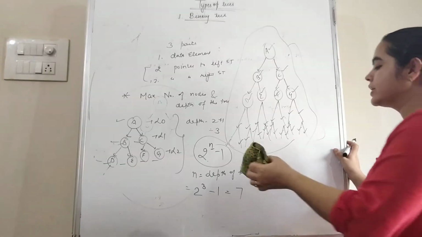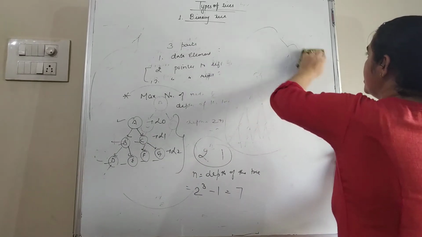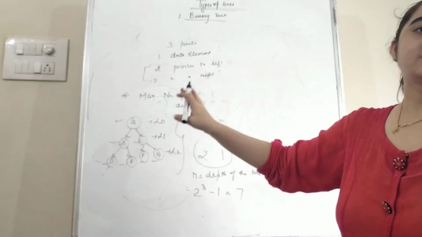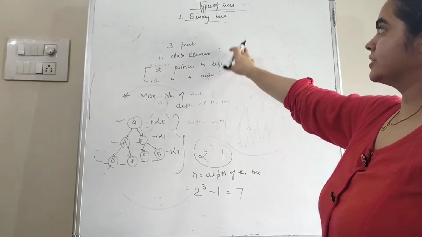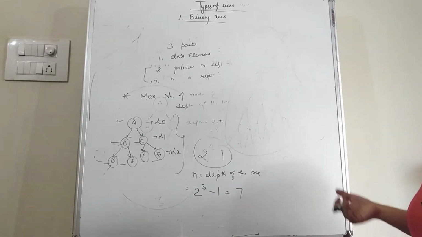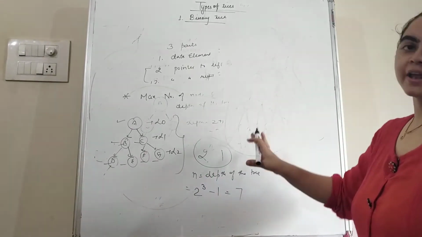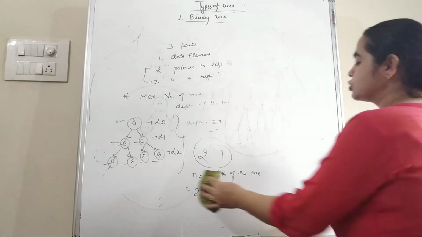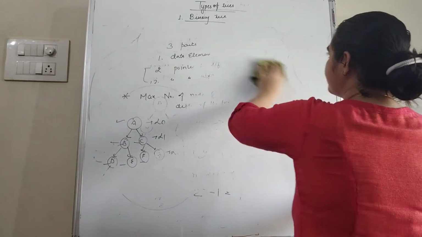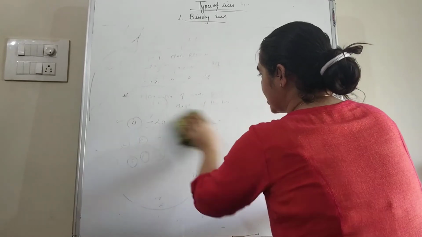Now students, we can see how we can represent the binary tree in the memory. See, this tree you cannot directly save in the memory. For saving the binary tree, you have to use other data structures. With the help of those data structures, you can save this binary tree in the memory. So either we can store this binary tree within the arrays, or we can use the linked list if we want to store the trees in our memory.